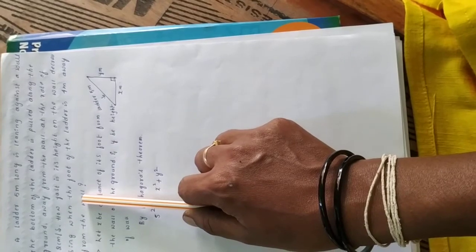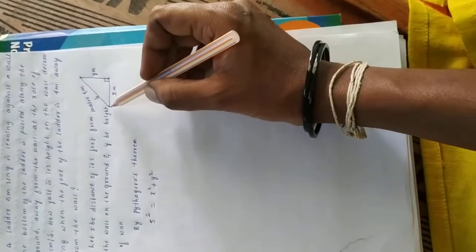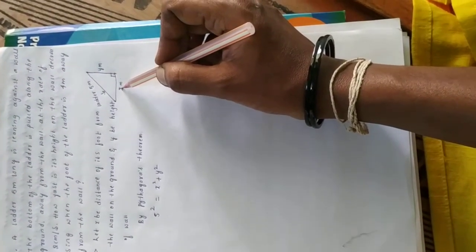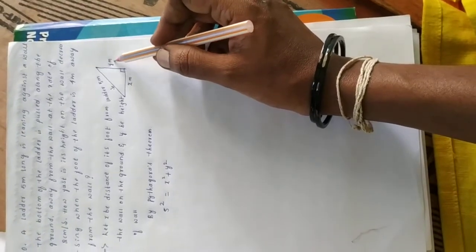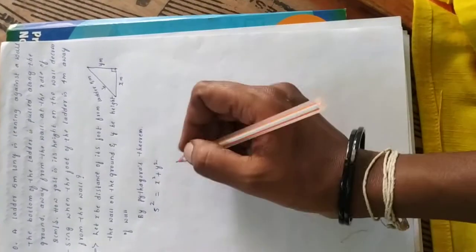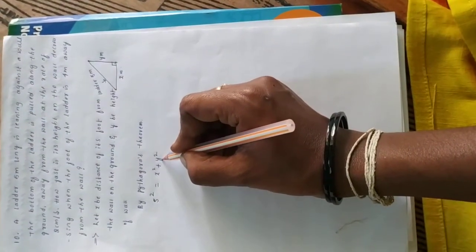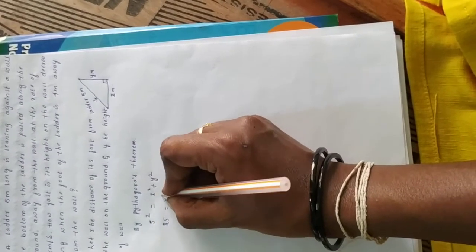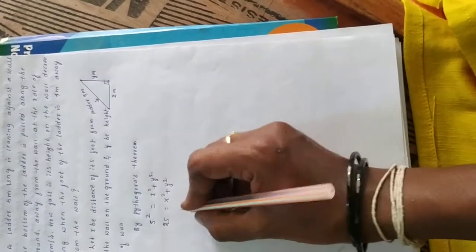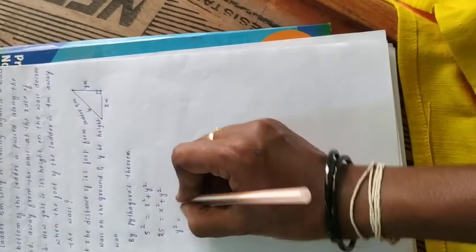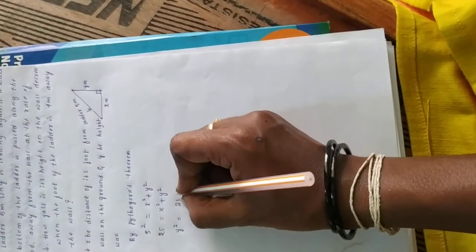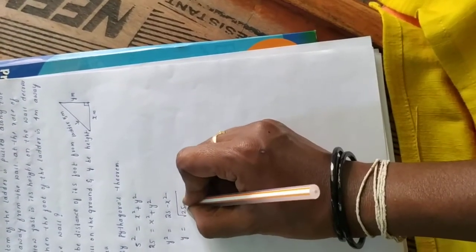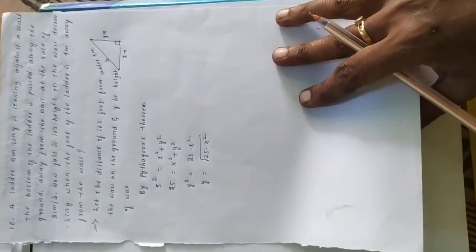So the distance from the foot of the ladder to the wall is x, and its value is given as 4 meter. Then how fast its height on the wall is decreasing, that we need to find, is dy by dt. So I just write 25 is equal to x square plus y square. I'll keep y square here, which is 25 minus x square, or else y is the square root of 25 minus x square. Hope you guys understood this.